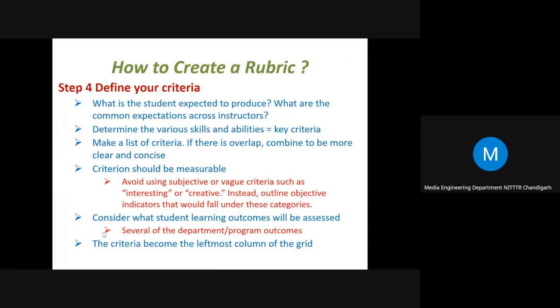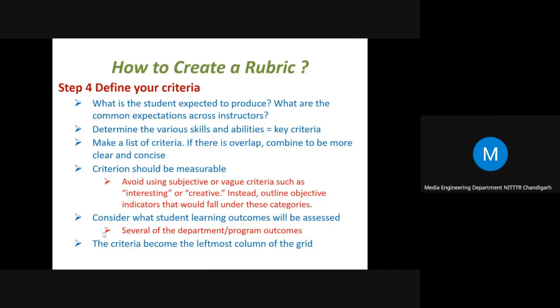And the second line is again very important in continuation to the first. What are the common expectations across instructors? When we are writing our criterion points, we should write expectations which are commonly suggested or commonly observed by the various instructors. We should not be very specific.